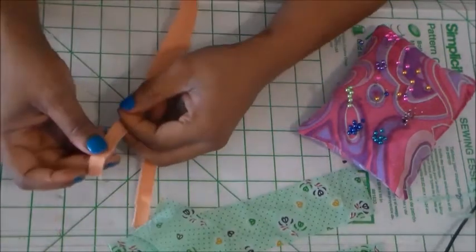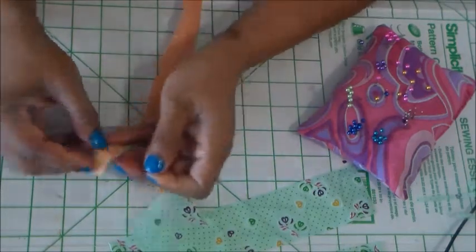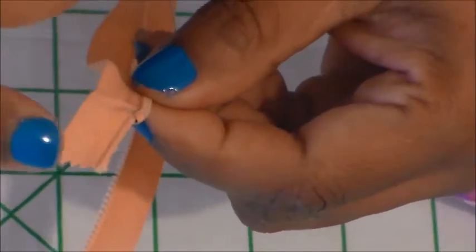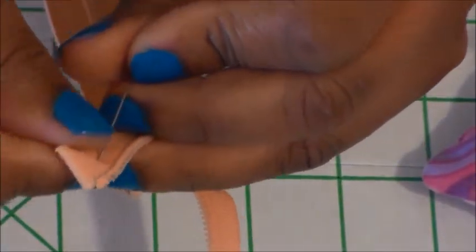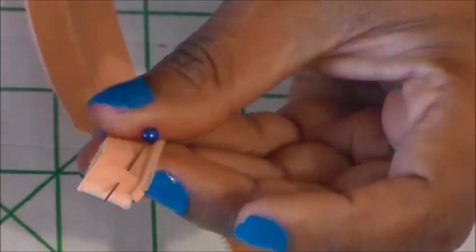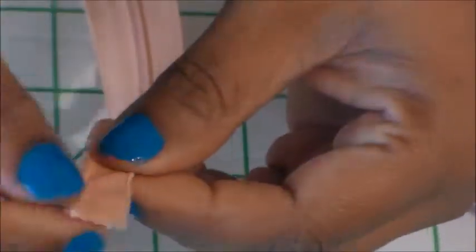We're going to actually take this end right here and pin it down like this, because, let me zoom in some so you guys can see what I'm doing. We're going to take this end and pin it under like this, because we don't want that end sticking out. And I'm going to do the same thing on this side. So when I sew, I'll be sewing these parts down. So once again, I'm taking this in and I'm folding it under, and I am pinning it down